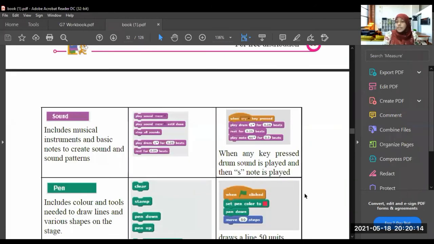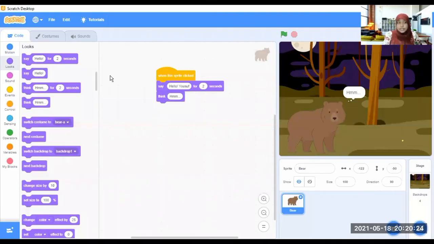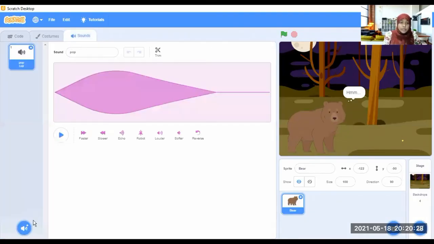Sound. We can apply sound to the sprites. How to apply sounds to a sprite like this? Now for an example, see here, the sounds tab. Click on the sounds tab. There is a mark like this, a speaker mark. Go and click on that, choose a sound. There are a lot of sounds here.